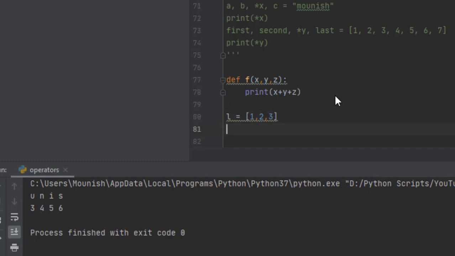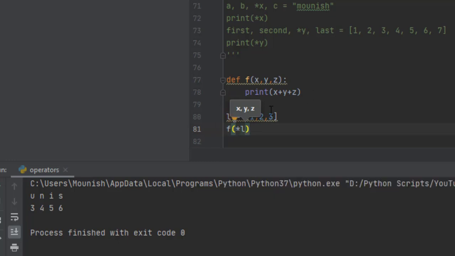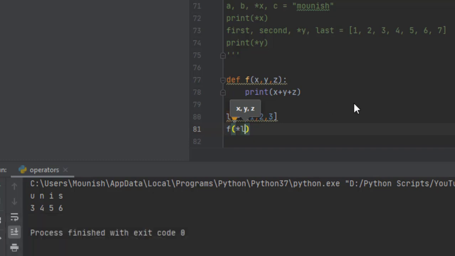Now what should I do to give separate values? Do I need to again write another program for the variable x to take the value 1, y 2, z 3, or simply I can call the function and put a star mark with L. If I put a star mark with L, you can see in the above itself it is showing that x comma y comma z, all the three values are being taken out by a single variable L. Let's print this out.